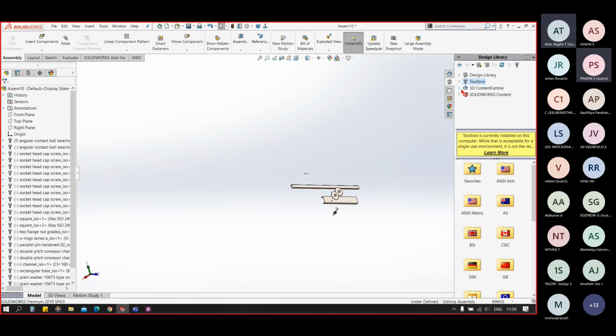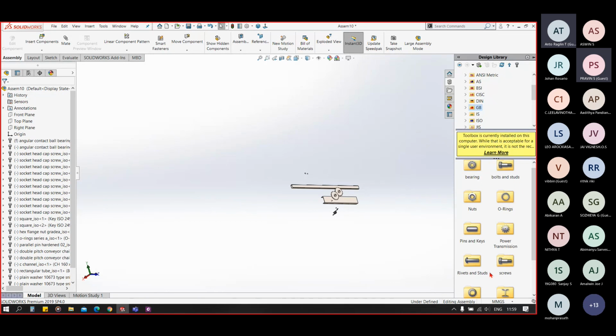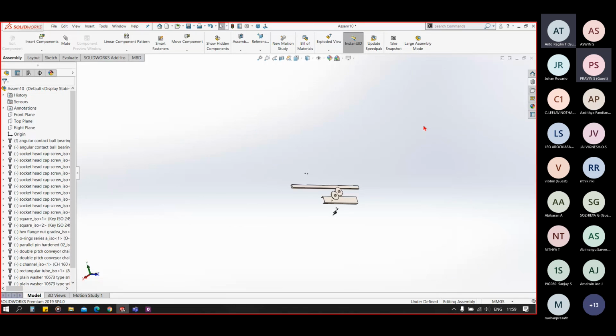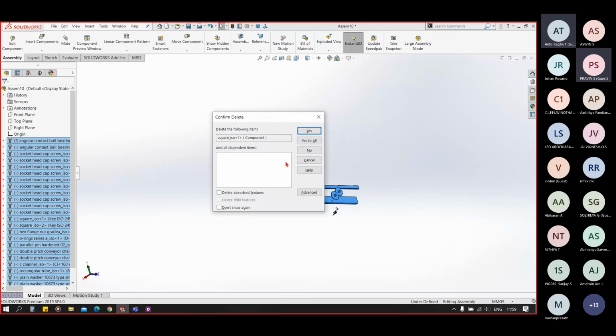As we have seen, you can see we have different type of standards here. So you have similar parts all in the standards, and you can use them by dragging and giving the size input to that.